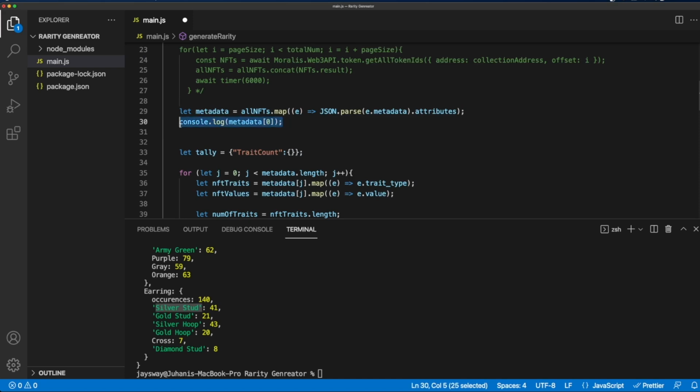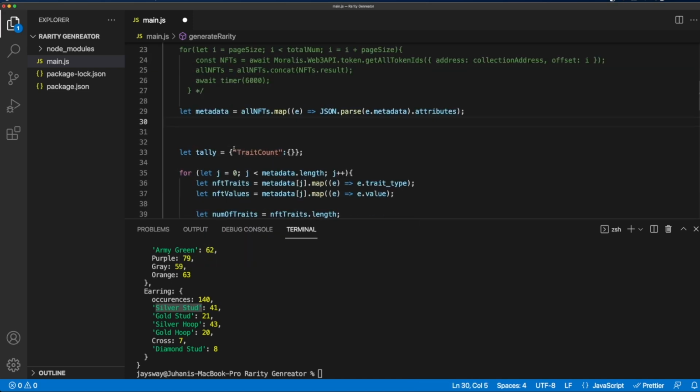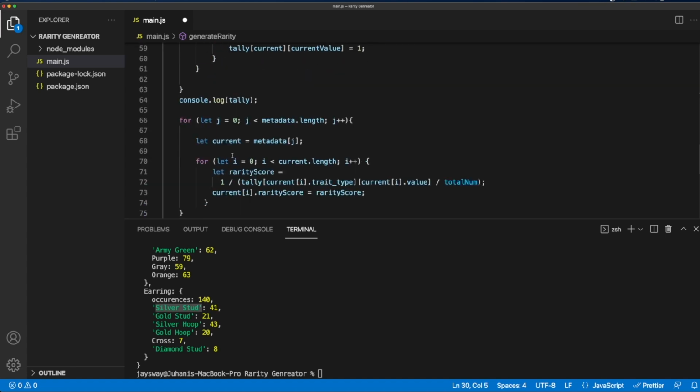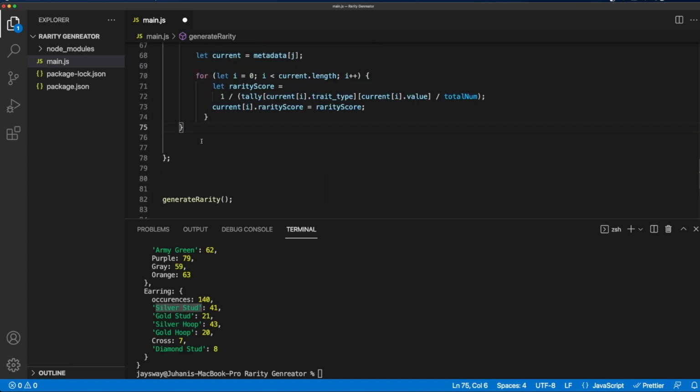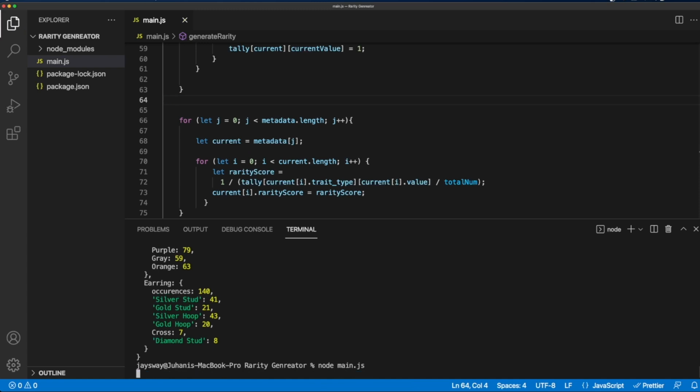Oh yeah, we have it over here. So if we copy that and put it down here, now it should look a bit different. We don't need to console log the tally anymore. And now if we do our node main.js,